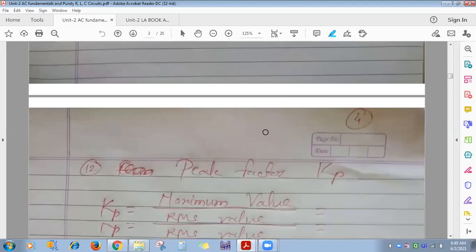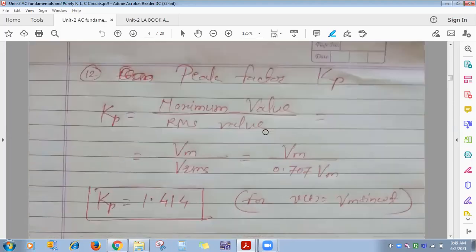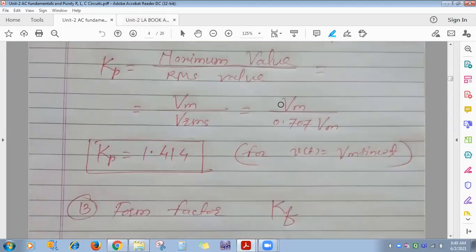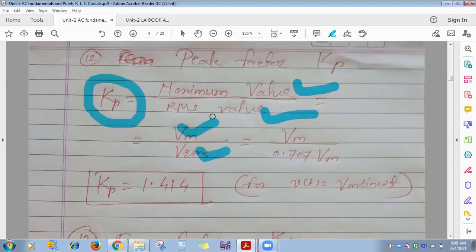So this is about the root mean square value. Now we have seen the peak value, the root mean square value, and the average value. Take the ratio of peak value to RMS value, Vm by Vrms. This ratio is called the peak factor and it is denoted by capital K suffix P. On the topics we have seen up till now, you will get asked a 1 mark MCQ numerical or a 1 mark theory question.